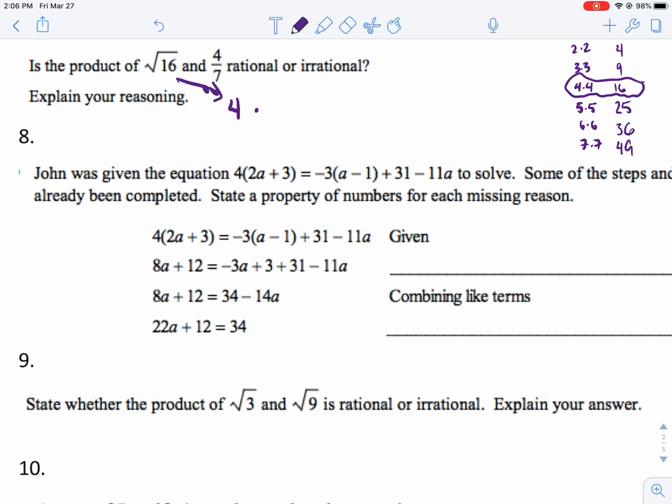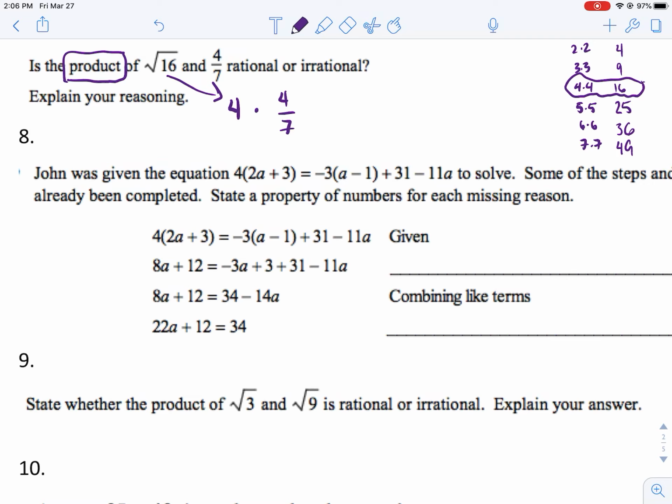Draw a better arrow. There we go. 4 times, okay, and it says the product, right? So if you're wondering why I'm using 4 times, it's because it's the product. When we're talking about the product of two numbers, we're talking about multiplication. So it's going to be 4 times